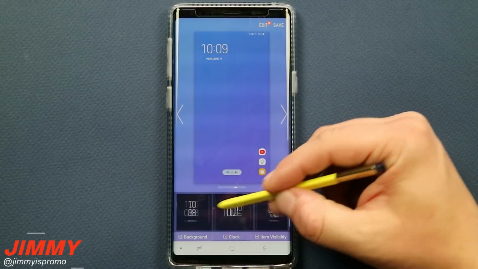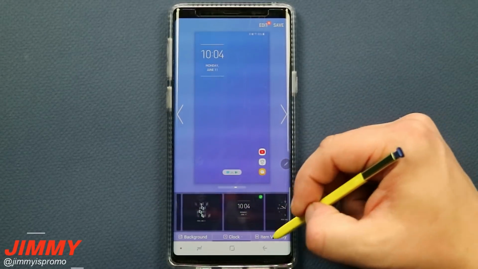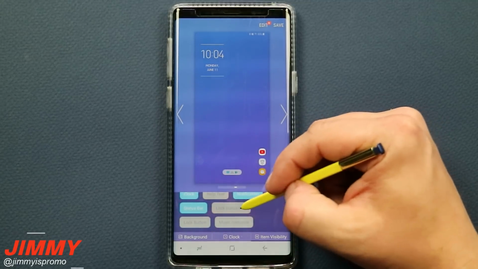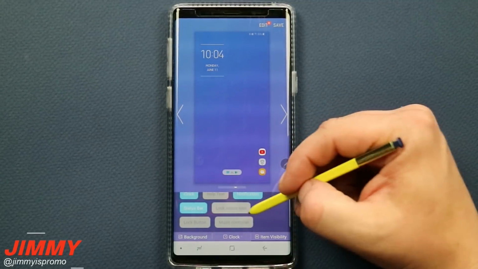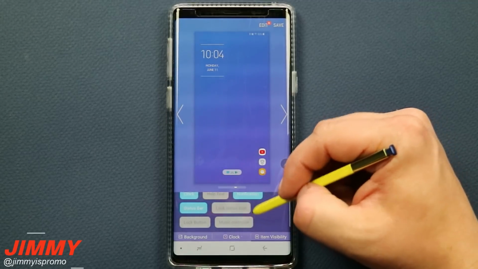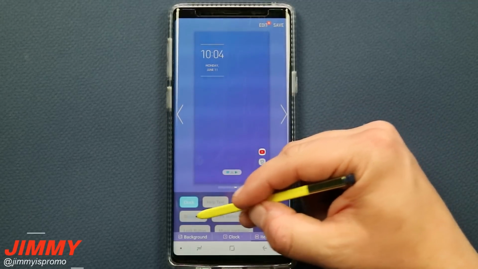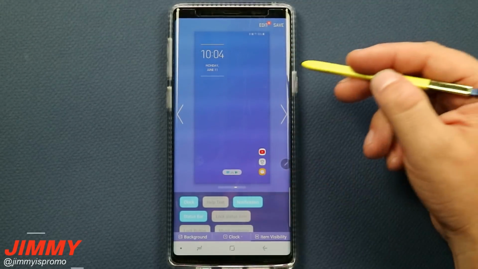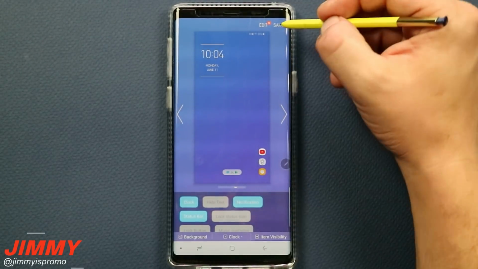You can also change your clock on whichever clock you would like to use, and then also the item visibility. So if you don't want to have any of these or some of these to kind of be shown, you're able to show them or not show them. So this is your lock status icon. You can either have it shown or not. You can have your status bar shown or not on the very top. So you can kind of go through there and customize exactly how you want it to be shown, and then